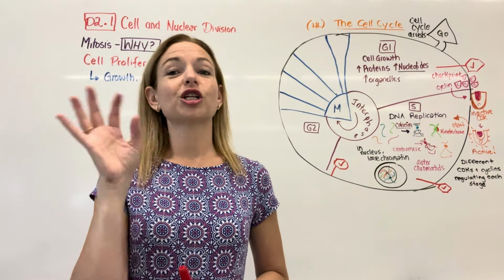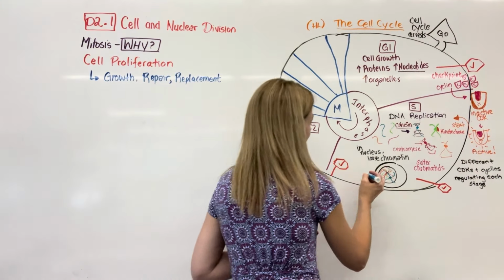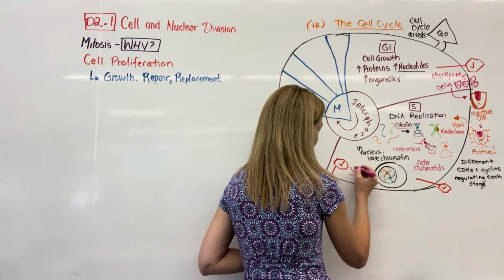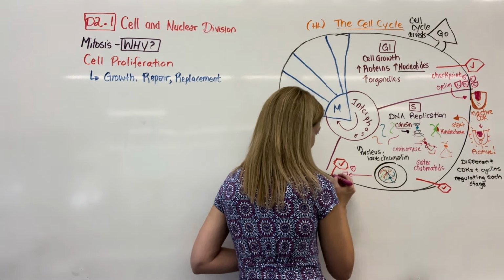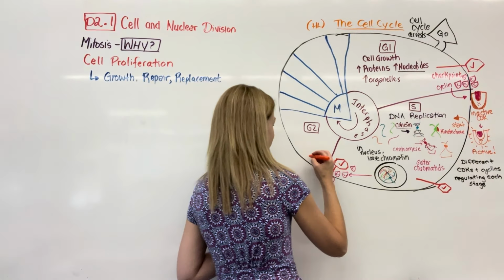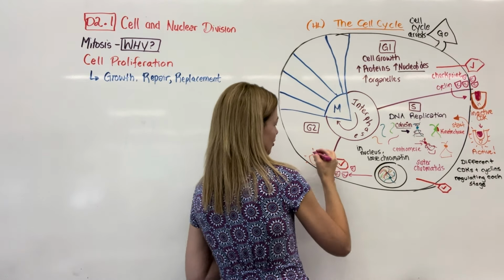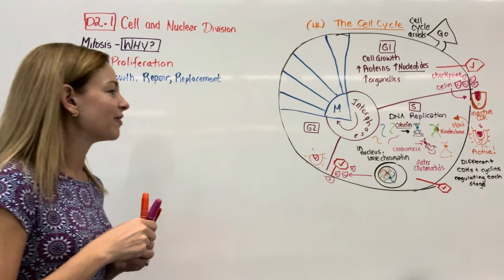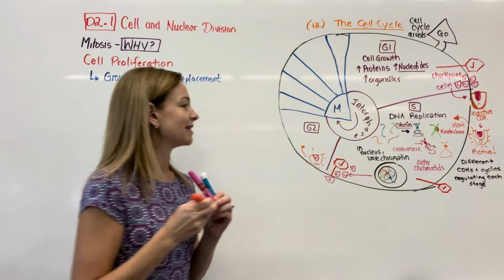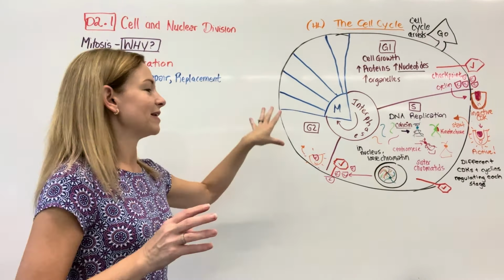So there are going to be a couple more checks, and then there are, of course, new cyclins produced as well. As this is happening and as this is done, it is going to be producing the next cyclins. So it's going to be like, here's some cyclin, here's some cyclin, here's some cyclin. When it's passing, the cyclin that's being made is going to activate the cyclin-dependent kinase, and that's going to move it to the next stage. Same idea, that is going to cause the progression. We're showing that again to emphasize that it happens at the end of each stage. So it's happening to move us into the S phase, and then it's happening to move us into G2.